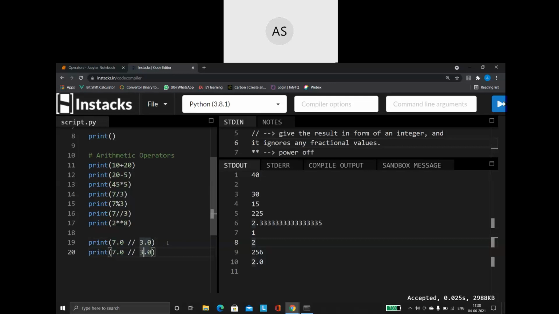Same thing, but let me change the operator here. I'm using a modulo operator here. So see what is going to happen now. What happens? So another very important takeaway.